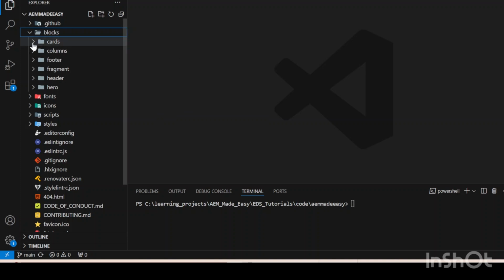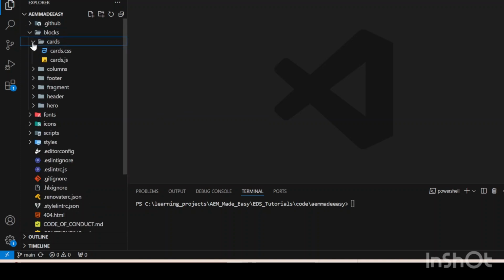And for these blocks, as I mentioned in the previous video also, the name should be consistent. Your folder name will have the same name as your block name, and your file names also use the same name. This is used during the loading of the block, and I'll tell you why it is necessary. So if I show you here,